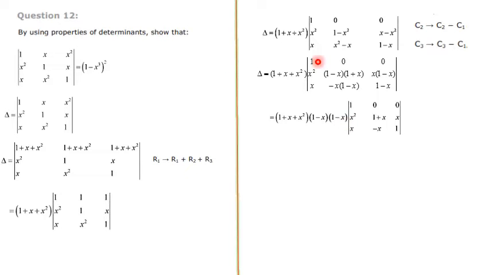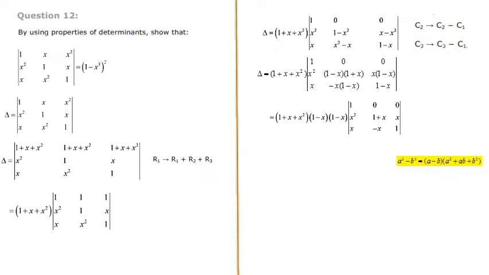The balance is, first row remains the same, 1 0 0, and second row first element x square. Then here 1 minus x is outside, balance is 1 plus x, that is written. And here 1 minus x is outside, balance is x, that is written. Next in the third row, x element same. Then here 1 minus x is outside, minus x balance, that is written. And here 1 minus x fully out, that is 1 balance.